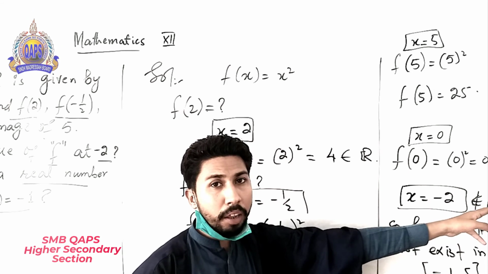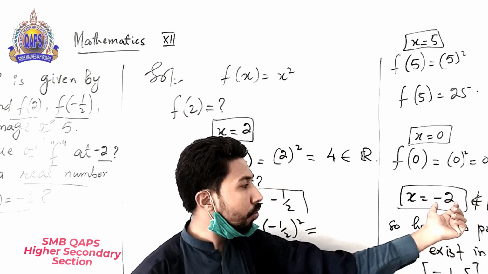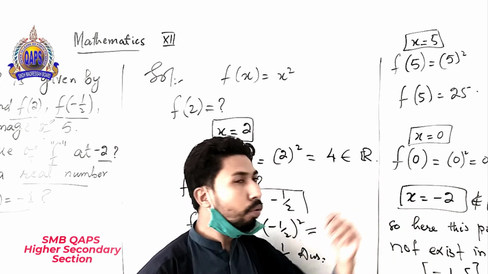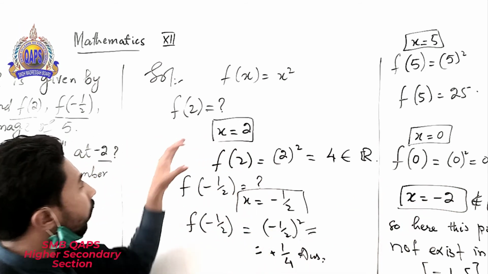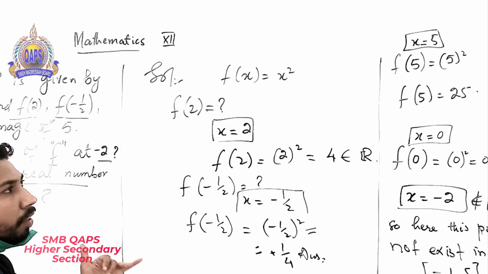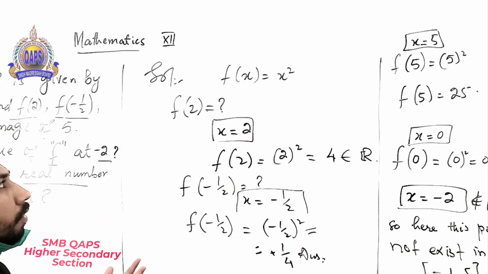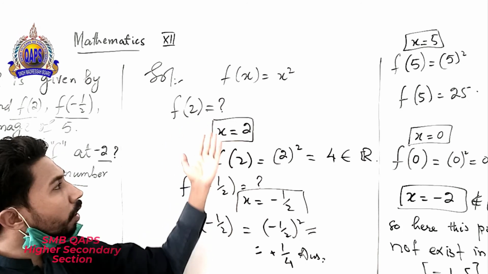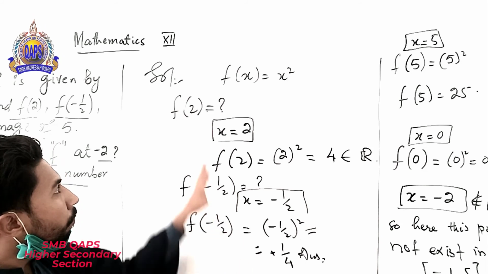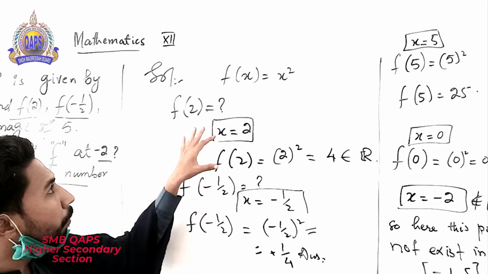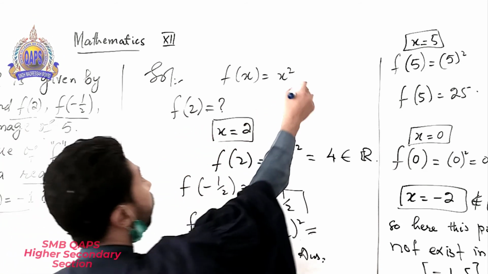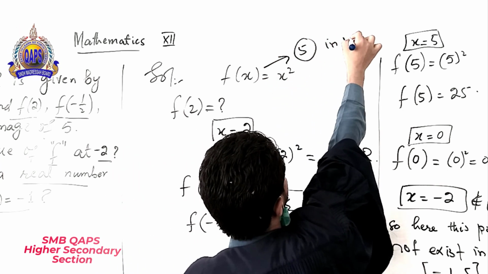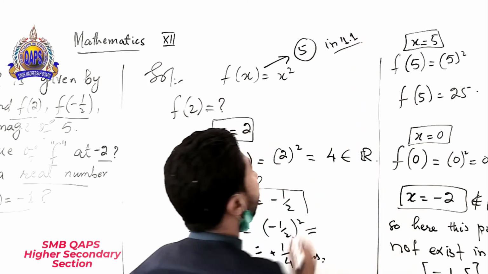If the interval were larger and contained minus 2, then in this situation we could solve the function easily at the point minus 2. So these are the basic terms or the basic functions. You can solve the values of the function: give the inputs and take the outcomes. This example is related to question number 5 in exercise 1.1. So you can solve it easily by yourself.